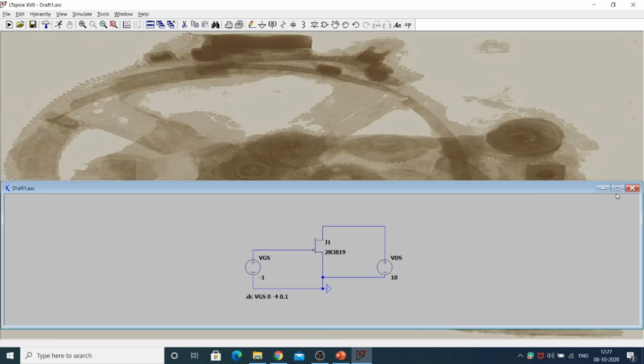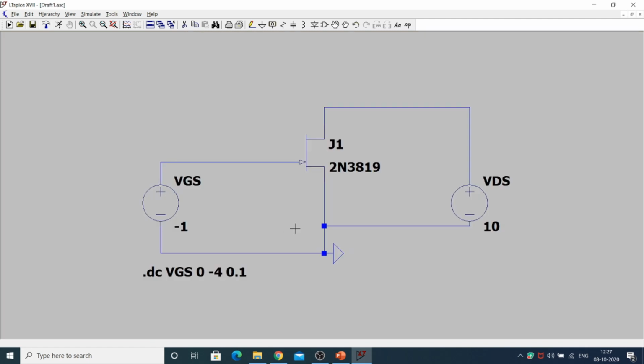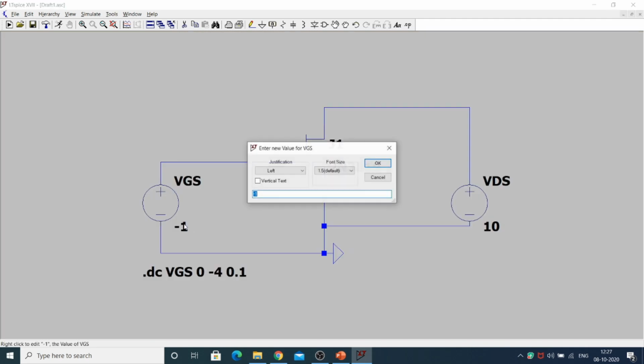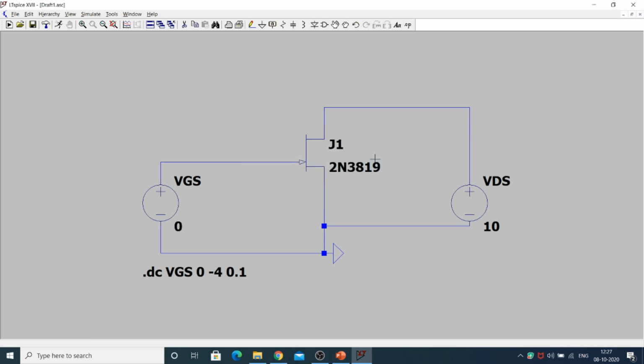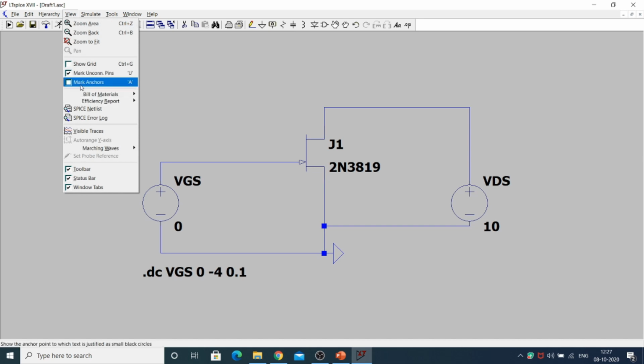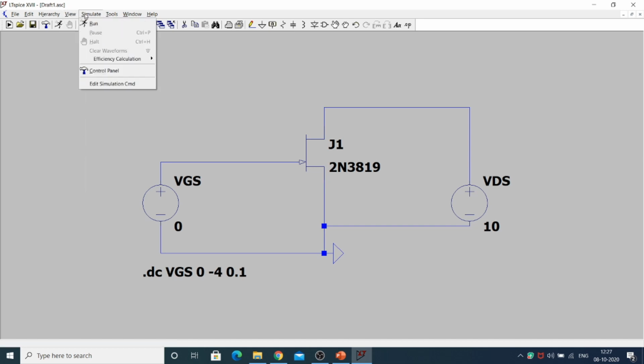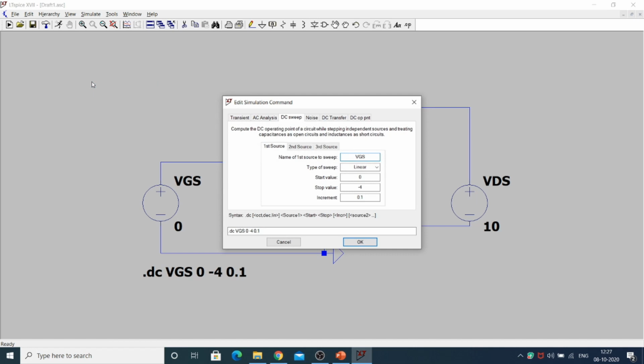Now you want to check different levels. For that, what you have to do is keep different levels of transfer characteristics. Simulate, edit simulation command. VGS you kept 0 to -1. Next go to the second source, VDS.